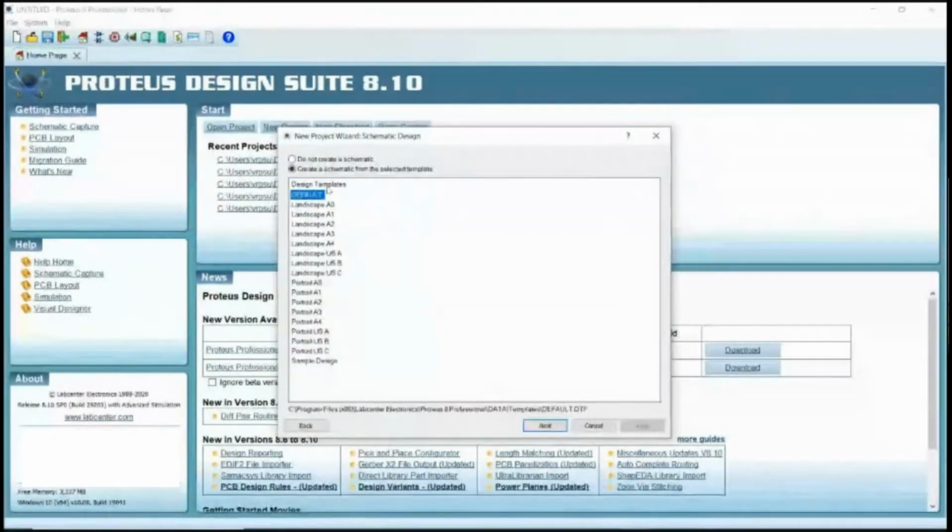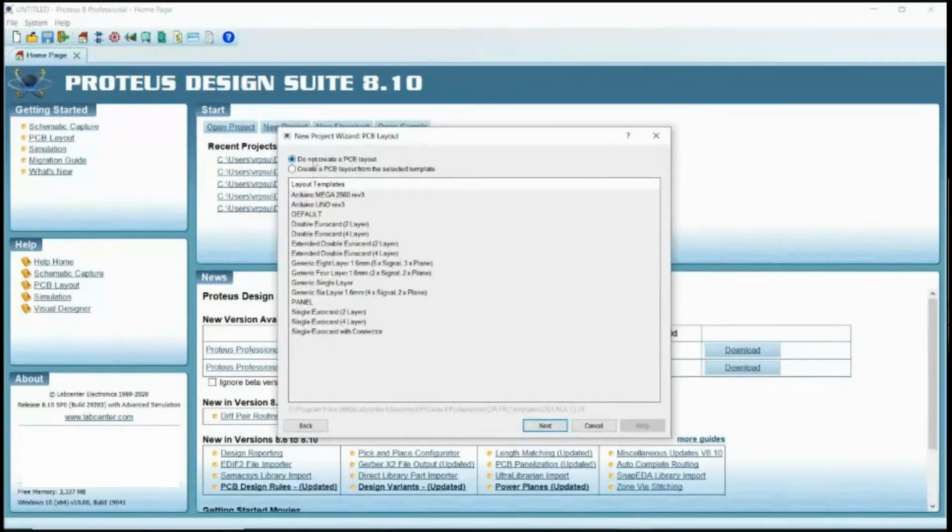Click Next. The second question that the software asks is whether you want to create a schematic or not. So the default option is asking you to create a schematic, because whether you are designing a PCB or simulating something, you need a schematic. So it is shown by default that you need a schematic, and what is the template you want. So I am going with the default template. Click Next. Third one is asking whether you want a PCB or not. Default is it is not showing you a PCB. I am going to click Create a PCB, and once I click Create a PCB, it is asking for what is the type of layout I want. I'm just going with the default layout.